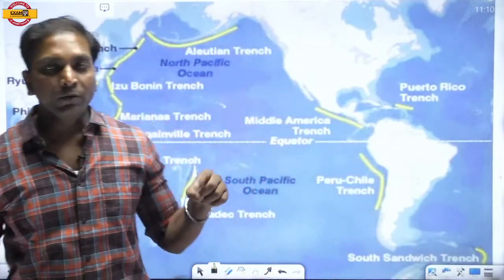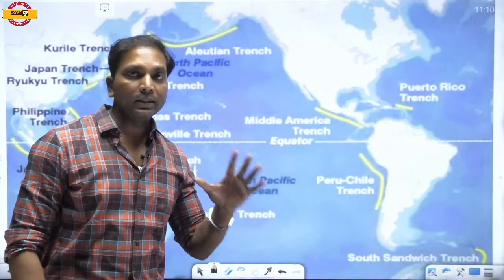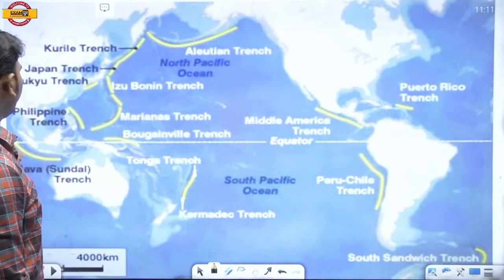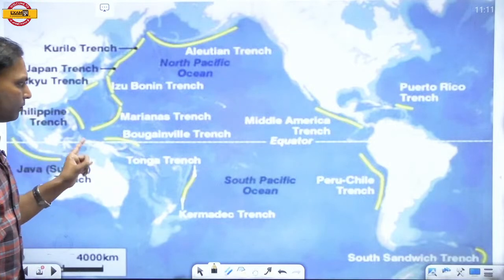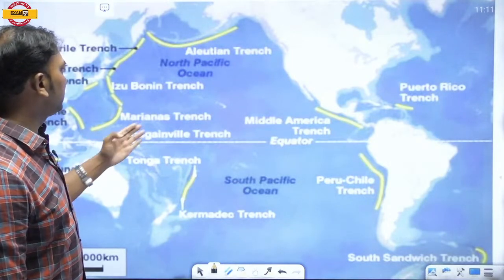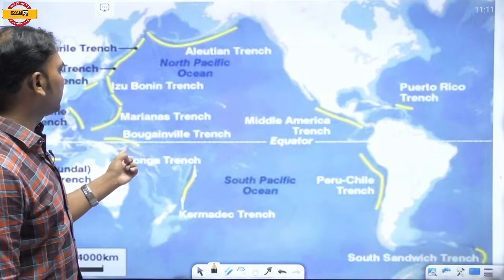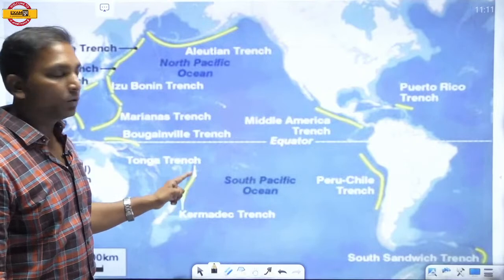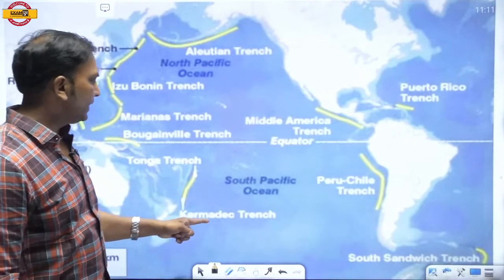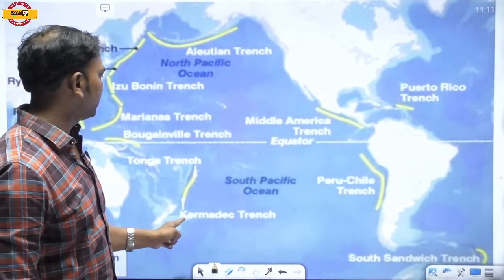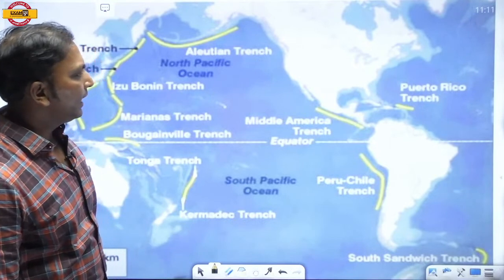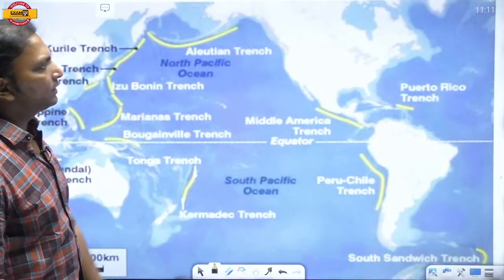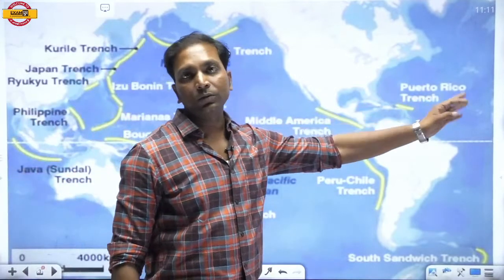One more, I am going to tell you about the ridges of the Indian Ocean also. Here it is the Philippine Trench and the Java Trench of the Indian Ocean. Then you can see the Mariana Trench, Bougainville Trench, and Tonga Trench. In the last class we have written the Tonga Trench. The Kermadec Trench is there, and then the Peru-Chile trenches. These are the trenches, and also the Puerto Rico Trench of the Atlantic Ocean, which is the deepest